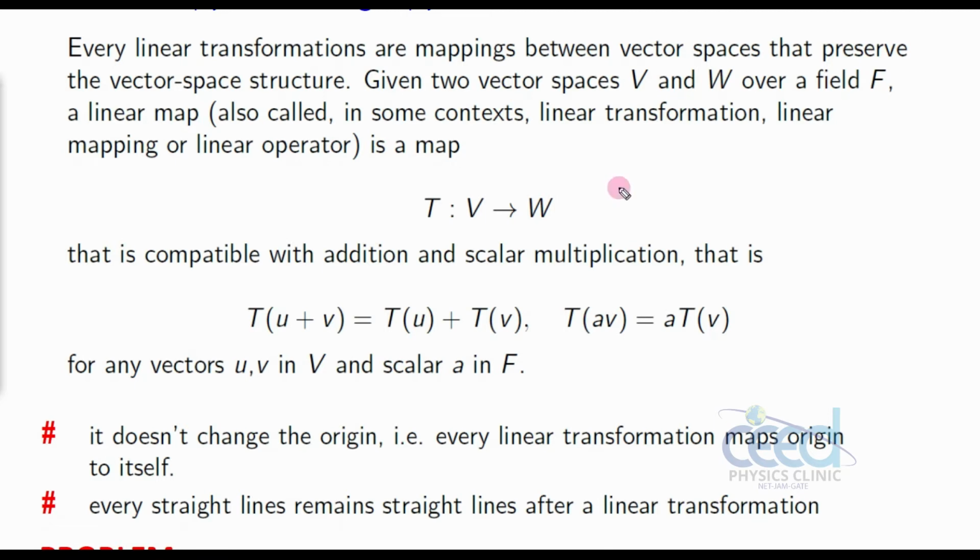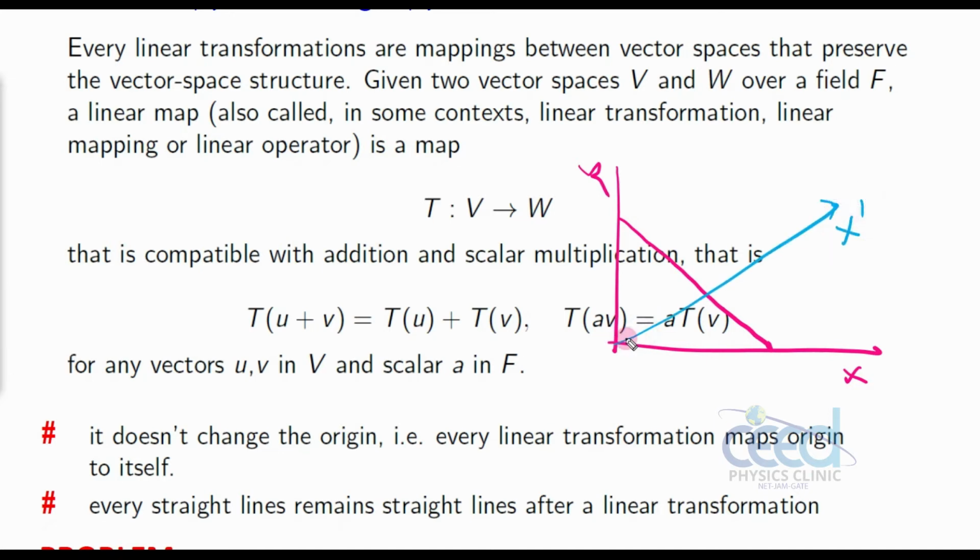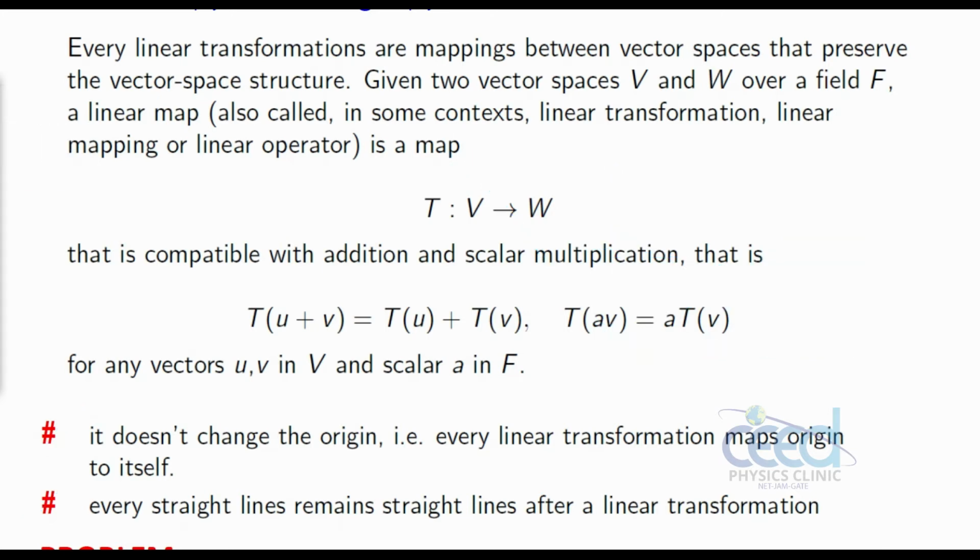That is also very important. Suppose you have a straight line here, in our xy coordinate system. Now this coordinate system is going to rotate like this. Let me use another color. This is our new coordinate system after rotation, x dash y dash, and this straight line I can represent like this. So a straight line should be a straight line after the rotation, or after the transformation. That is another condition. So that has to be remembered, and then we can do some problems based on this.